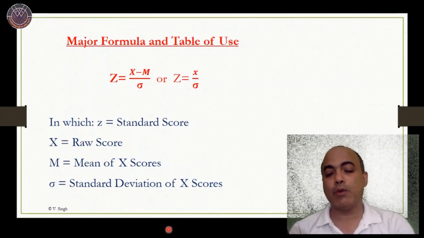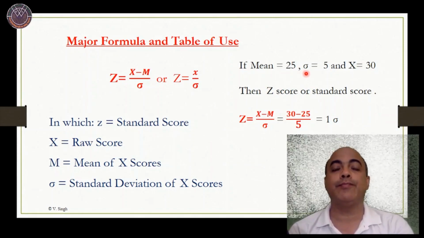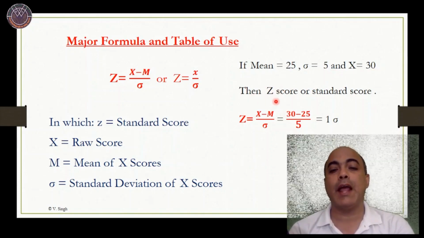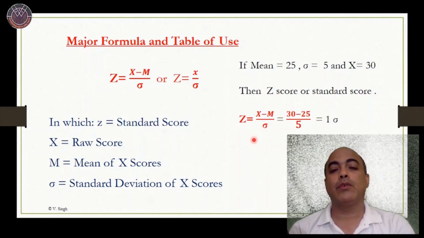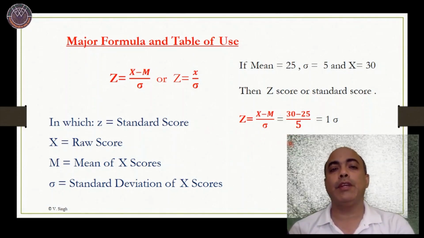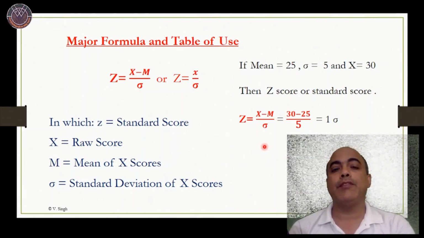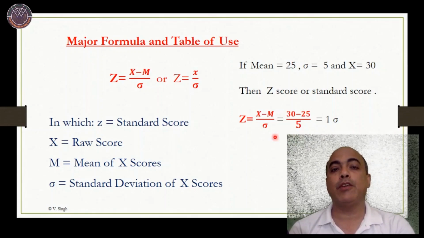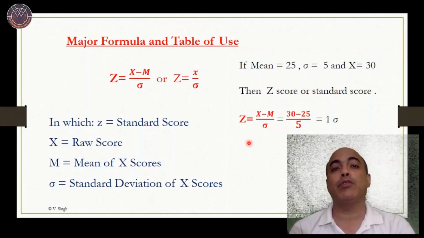To understand this formula in a better way, let us take one example. If the mean of a distribution is 25, sigma is equal to 5 and X, the raw score, is 30, then we can get the Z score or standard score as Z equals (X minus M) by sigma. So we get Z equal to 1 sigma. This formula we have used in several problems in the previous video also. In this video also, this formula has different uses. So this is one of the major formulas which we need to remember while solving problems based on NPC or